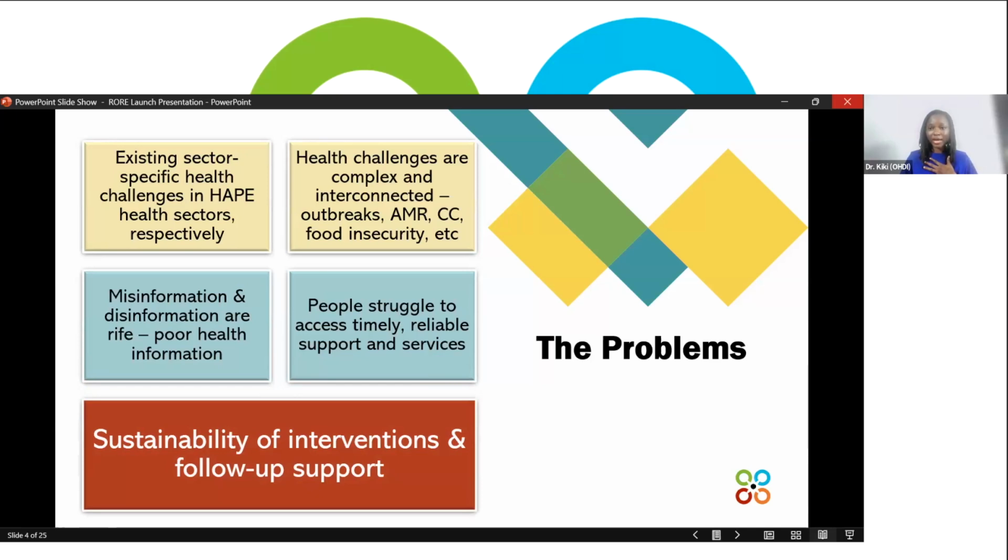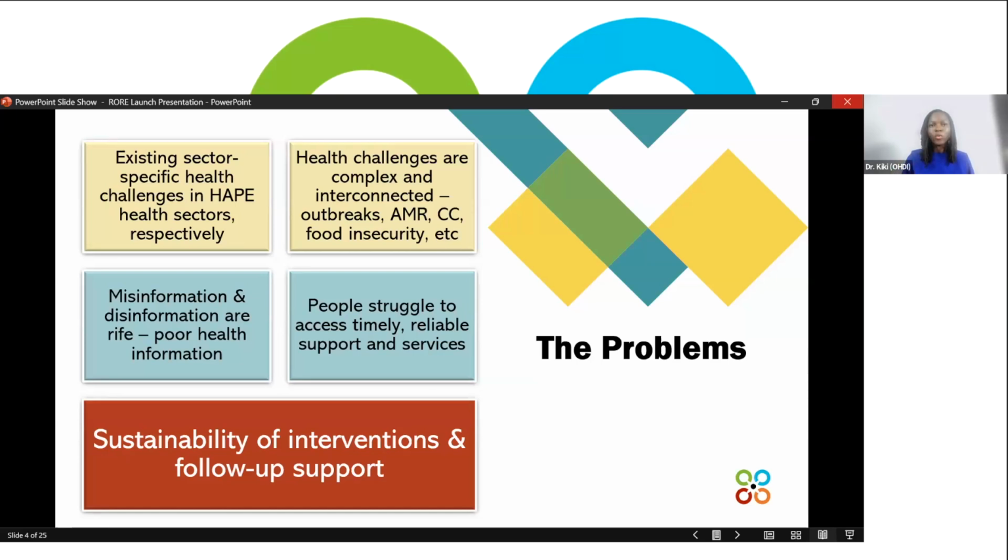And this is something even we as OHT have experienced, because when we engage with farmers, when we engage with communities, we go for training, we go for advocacy, we go for lots and lots of information sharing. We share flyers, we engage traditional leaders, we speak with health workers, we speak with government officials. We have all these wonderful things that we do on the ground. And then once that is done, it literally just ends. Well, it doesn't fully end there, but there's a gap, because those interventions are difficult to sustain without you being there, without a system to ensure that there is access to such information and